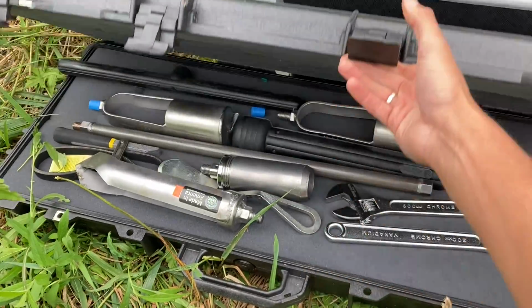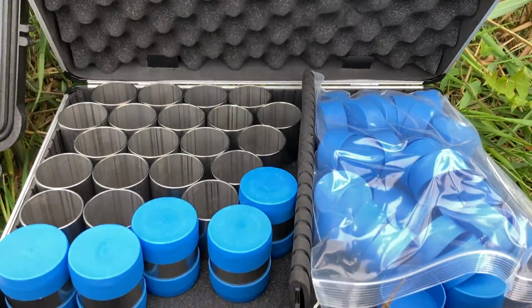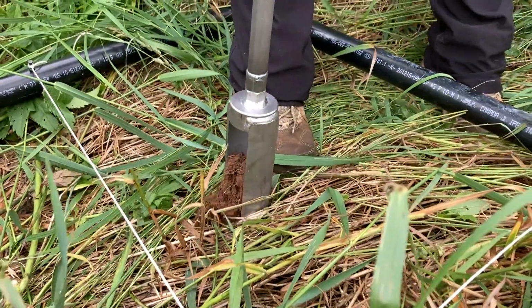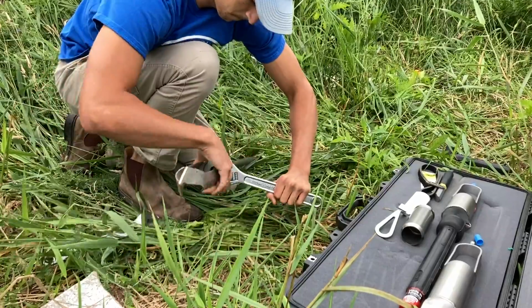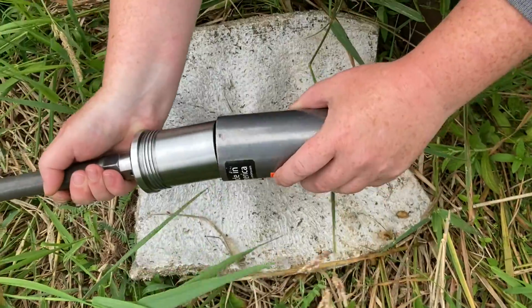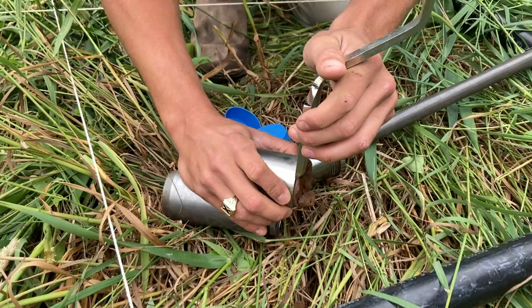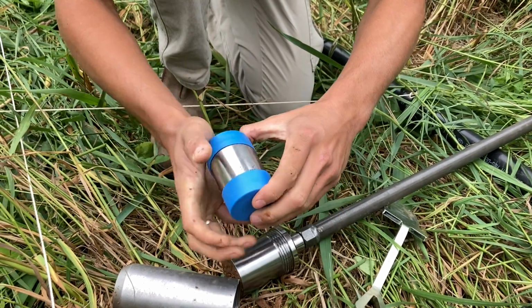Using an AMS soil sampling kit, we were able to retrieve soil to be sent for lab analysis. First, a hole must be augured to the desired depth by attaching your auger to an extension and cross handle. Next, switch your auger and cross handle for a slide hammer and soil core sampler with the sampling case within it. Finally, we cap the samples and label them based on which site they came from and the depth at which